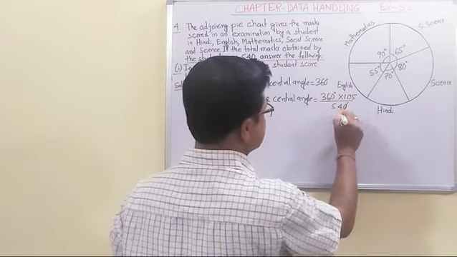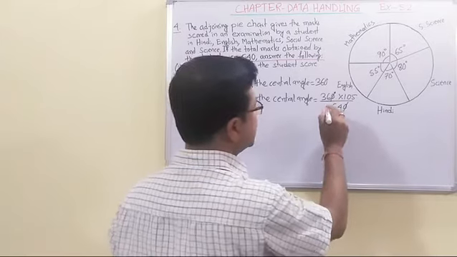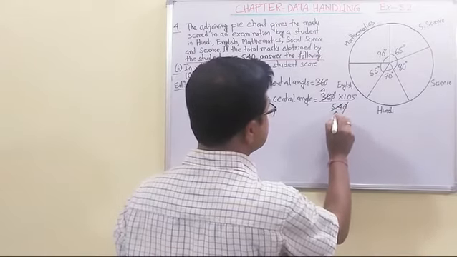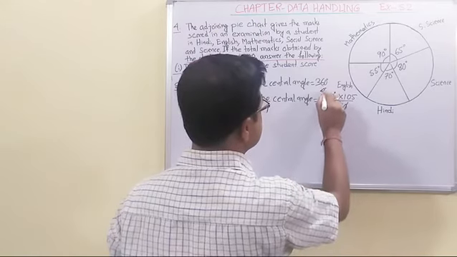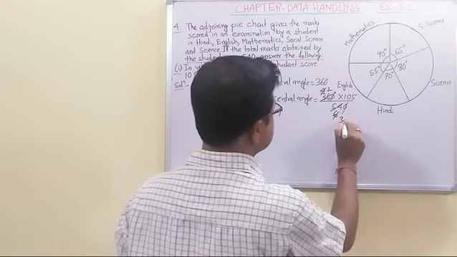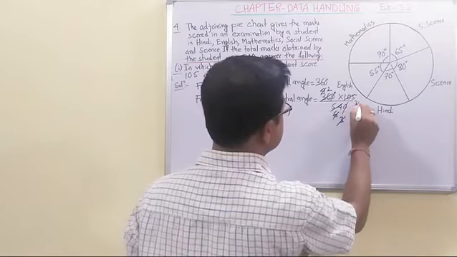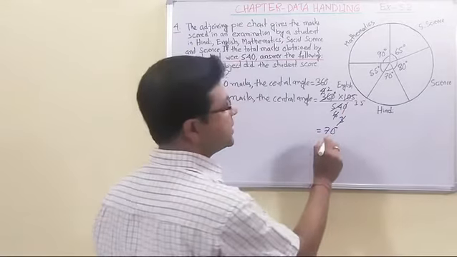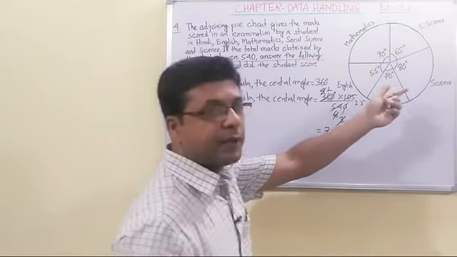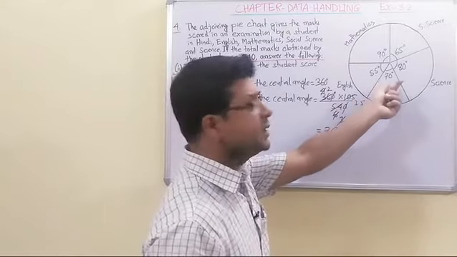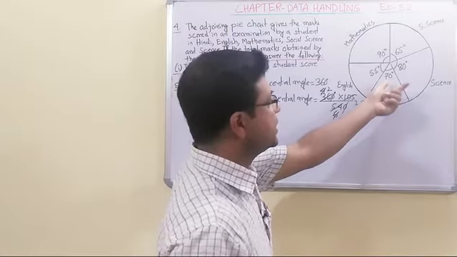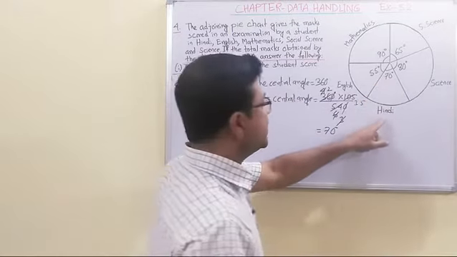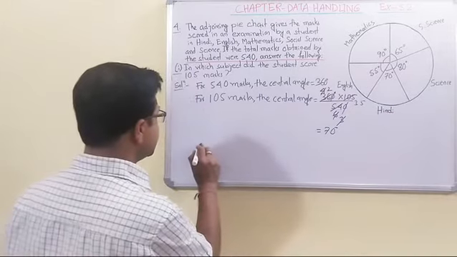Now let us simplify. Let us cancel. At first let us cancel this 0 and 0, then we cancel by 9, 4 9s are 36, then 2, this is 3, 3 5s. So it is 70 degrees. The central angle is 70 degrees. Now we have to observe the pie chart where the central angle is 70 degrees. Student, you can see the central angle of 70 degrees is here. So which is the corresponding subject? Hindi.